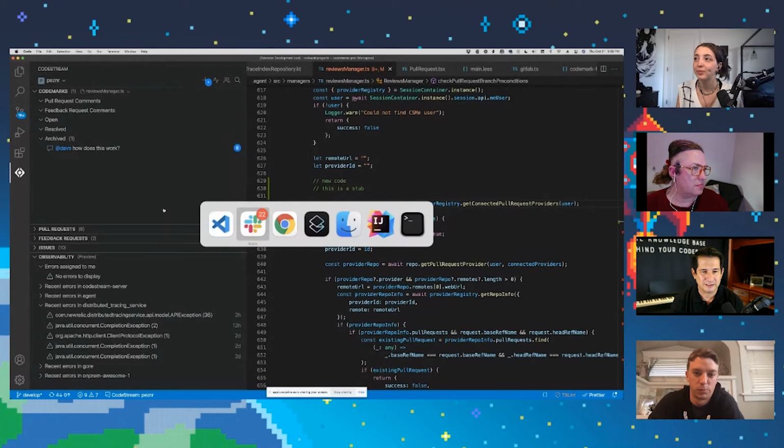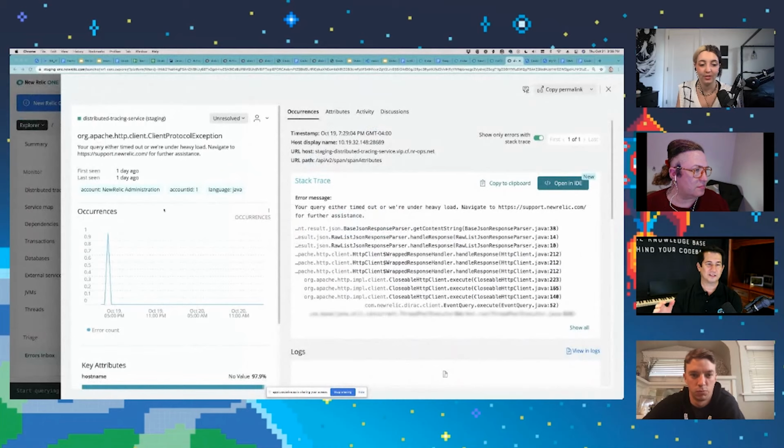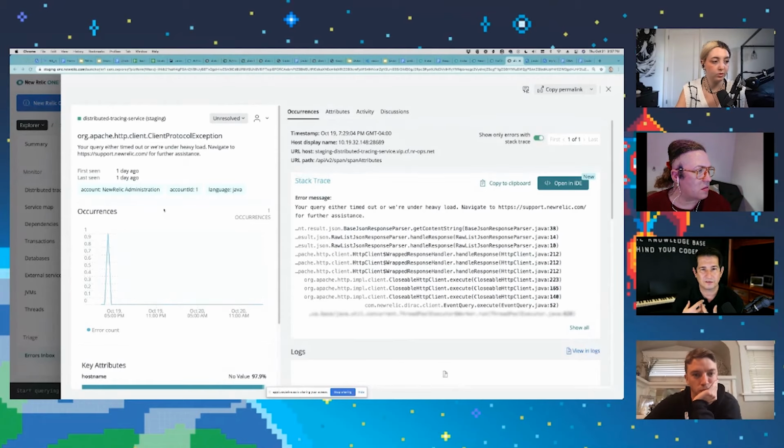And so now we're sending data to New Relic. Let's take a look at what we can do with it. As Andrew was mentioning, errors inbox is one of our most popular features, growing really fast within our customer base. Customers love it. And one of the reasons customers love it is it helps you reduce the time it takes to resolve errors by providing this curated experience that combines all the stack traces and related error groups